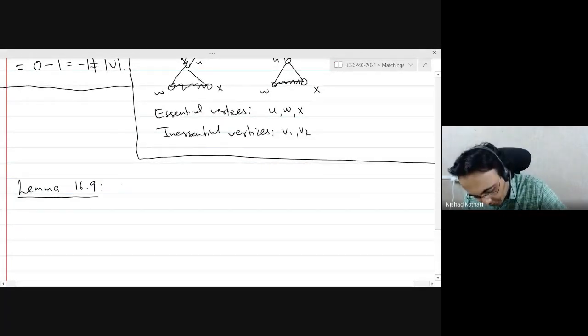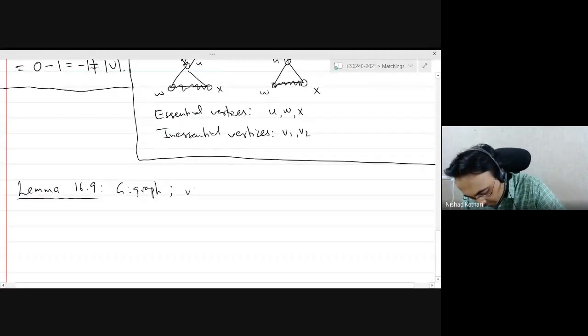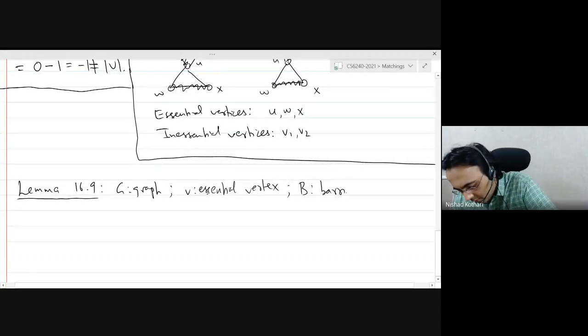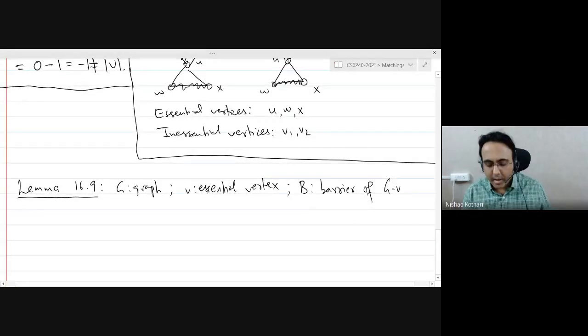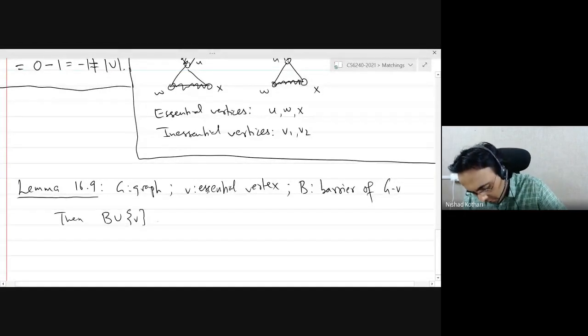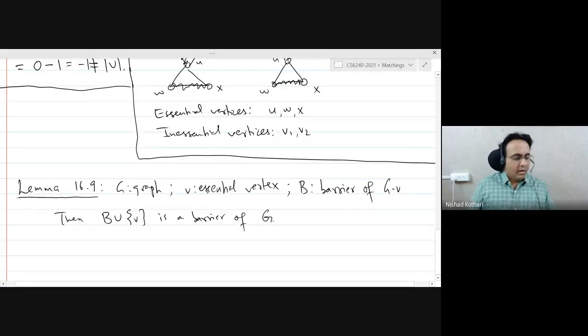Let's say G is our graph, V is an essential vertex, and B is a barrier of G minus V. Our goal is to prove that B union the vertex V is a barrier of G.